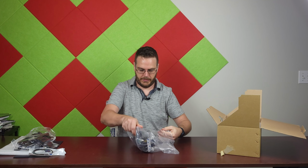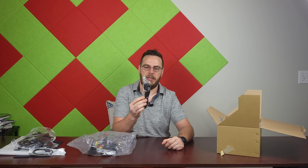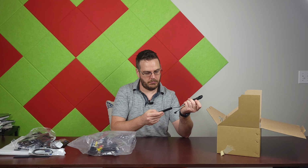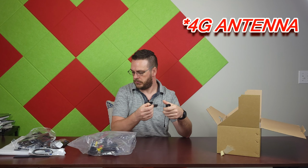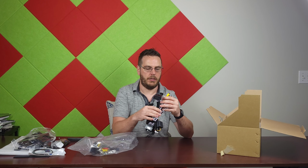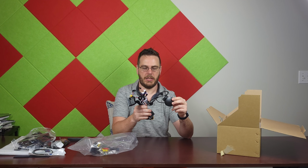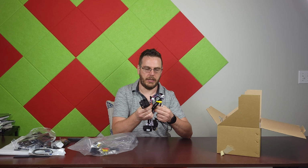Okay, so here we have all the cables. There is another GPS antenna that you can use, but if you're using the original one, you don't have to use it. This one I didn't even know, but I think it's a radio antenna. That's a good thing. So these are the cables that you need to plug in between your radio, and then you also have your speaker for the beeps and everything else. So there's a lot of options on this